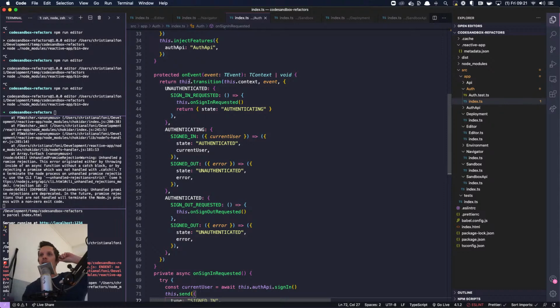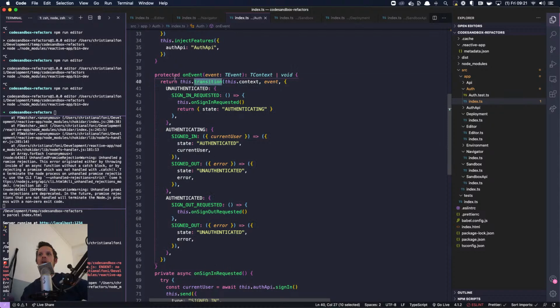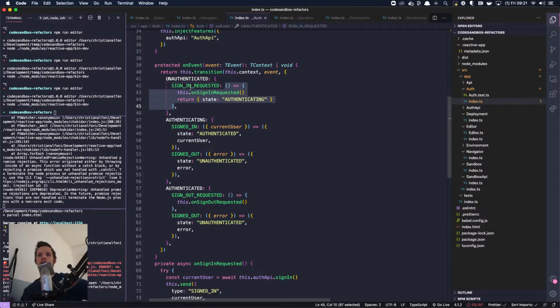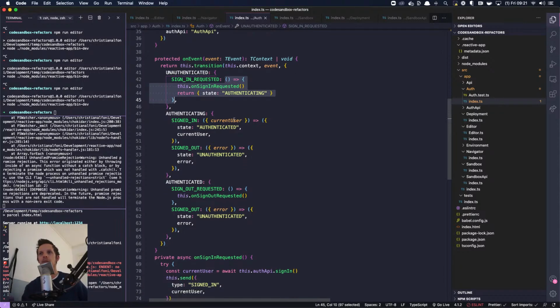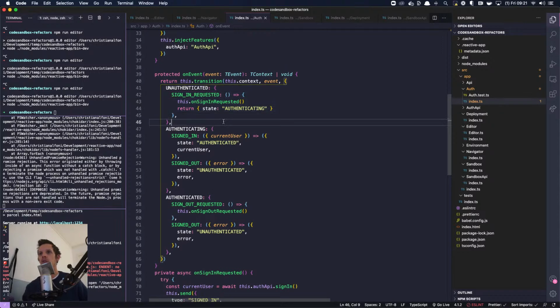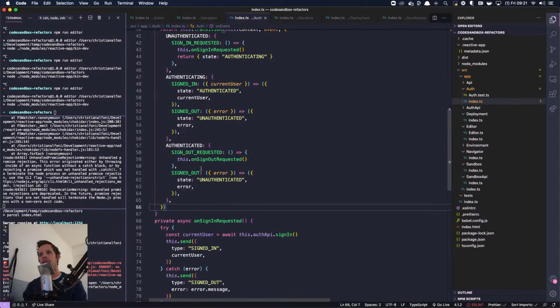So first of all, you have the pure OnEvent thing. You can do whatever you want. You can check the context, you can check the event, you can write whatever logic you want that makes sense for that machine. And then you have the convenience of the transition method, which gives you this kind of thing. And then you have the convenience of splitting these by pointing into methods on the instance itself, and it will automatically call those methods in the context of the class instance. Yes. So you have these levels of convenience,